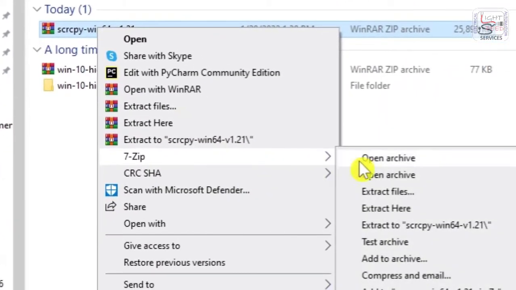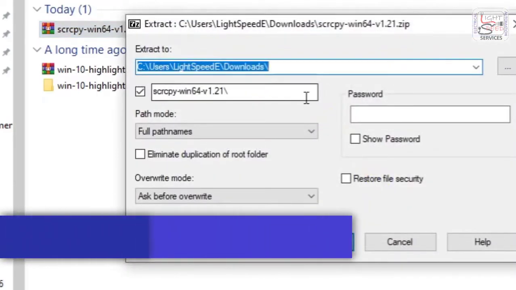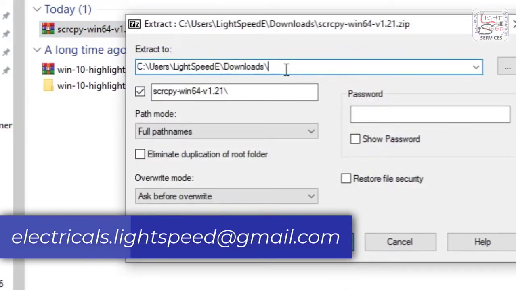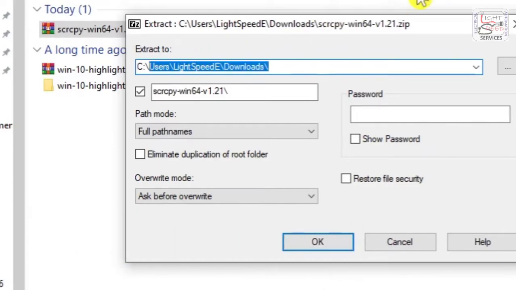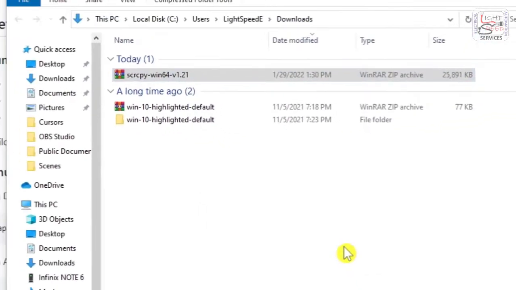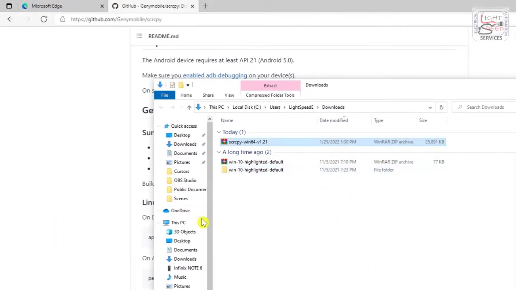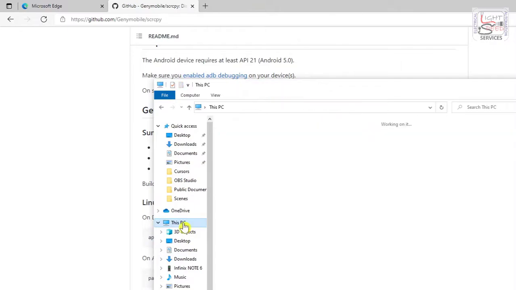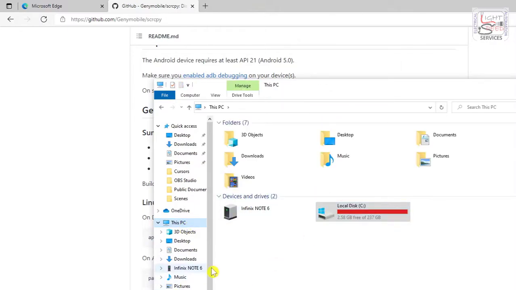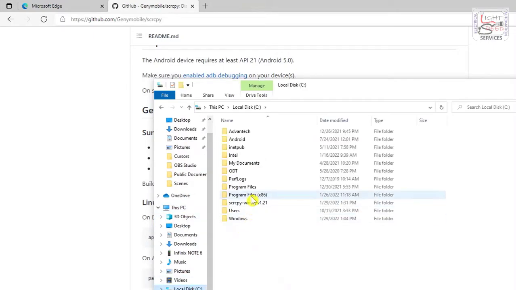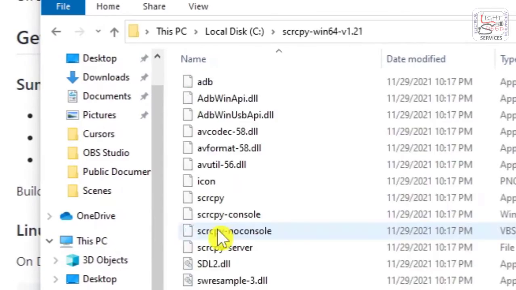I like to extract this file to drive C. You can do it anywhere, but take note of where you placed it. In drive C, the path is reduced and it's easier for me to work with. So drive C:/ OK. So I will navigate through the folders. I don't like to double click on my drive icon, so I will navigate from this folder section and I open scrcpy.